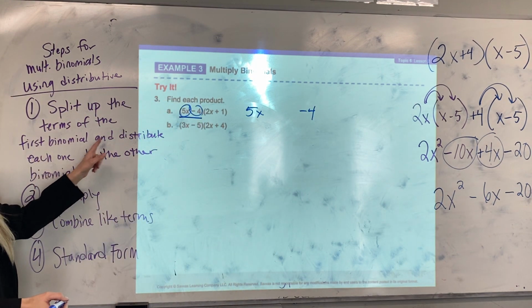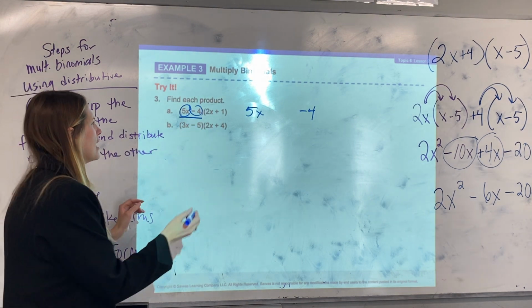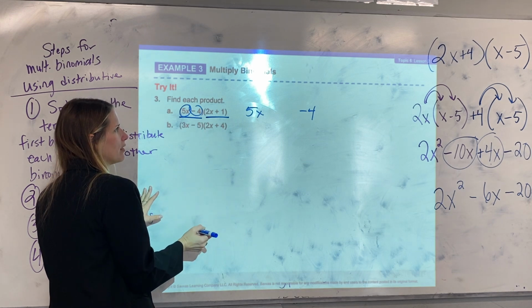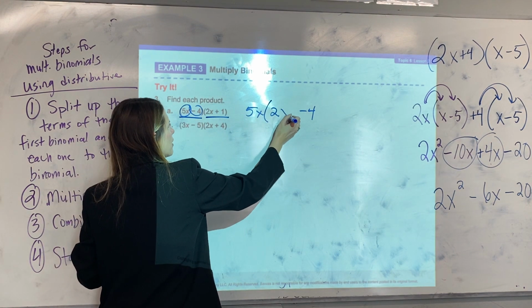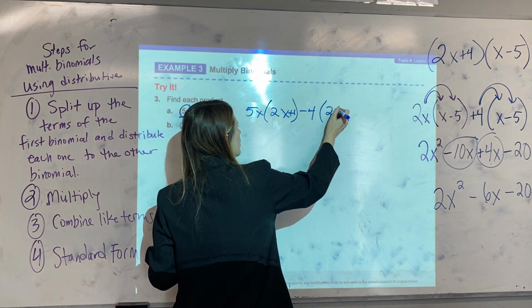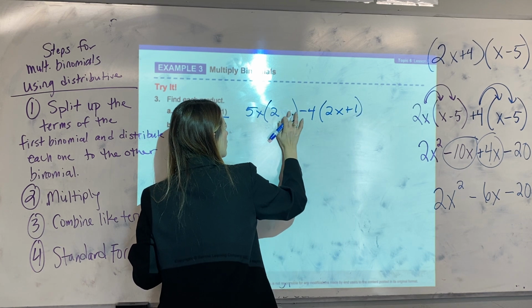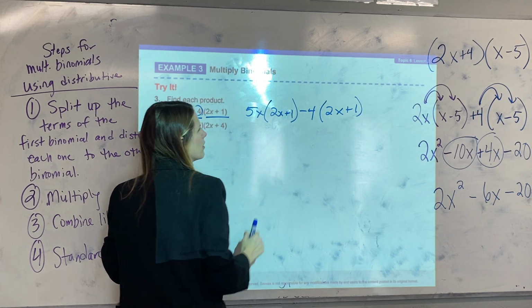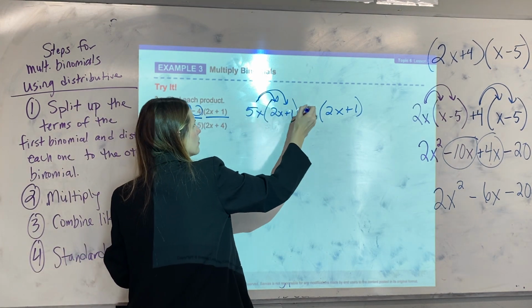Then, distribute each one to the other binomial. Here's the other binomial. I have to distribute the 5x to this binomial and distribute the negative 4 to that binomial. So I simply show my arrows now